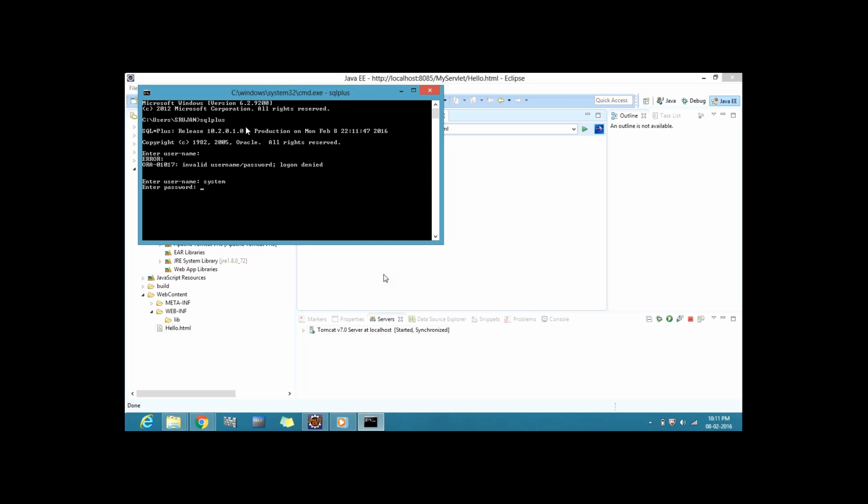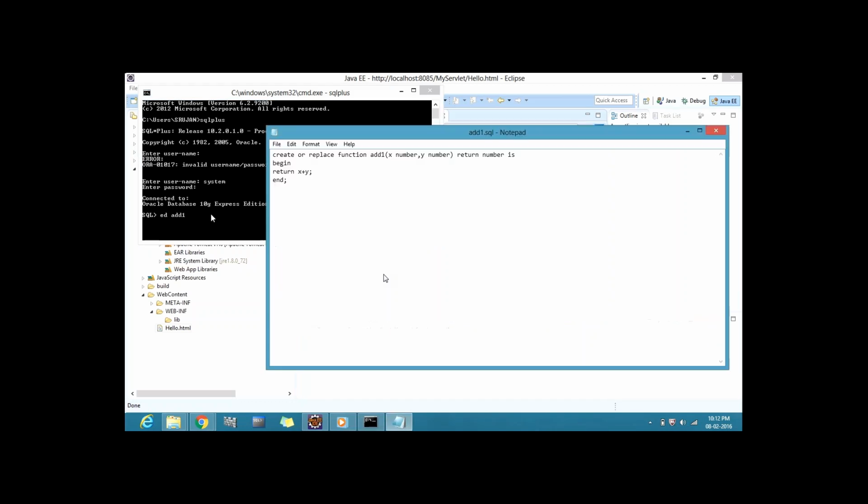Password, enter. ED. Space, add one. Enter. It's already there now. What's the problem? I could not run the function. Exit.